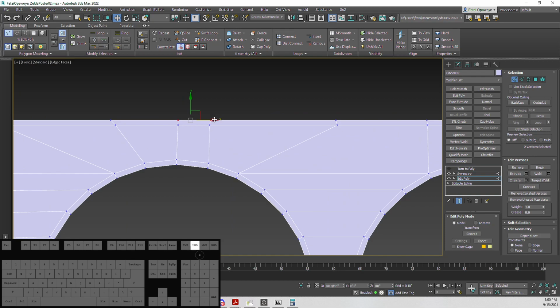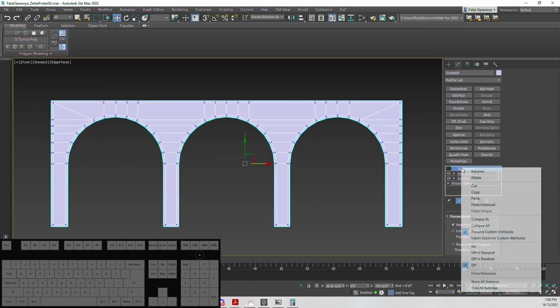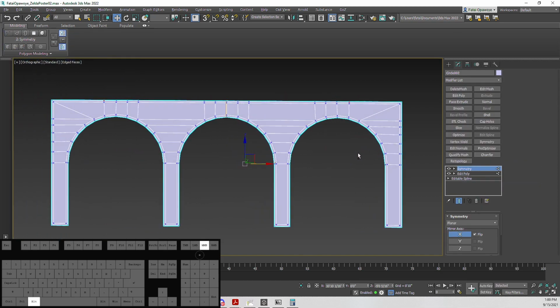Alright? So little things like this will speed up your workflow. Make you a little bit faster. You ain't got to do it a billion times. When I was learning, I didn't understand that concept, but now it's one of those tried and true things that, if I can just symmetry this stuff, I can get this stuff done much faster. If I make sure that it's identical on both sides, I can work with it a little. So let's cut that out, and now